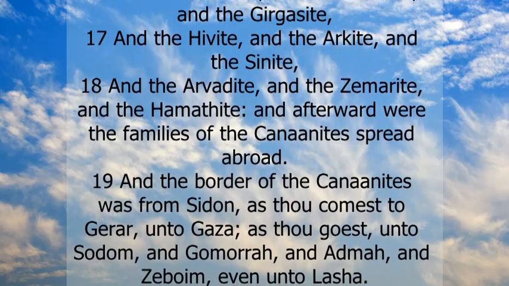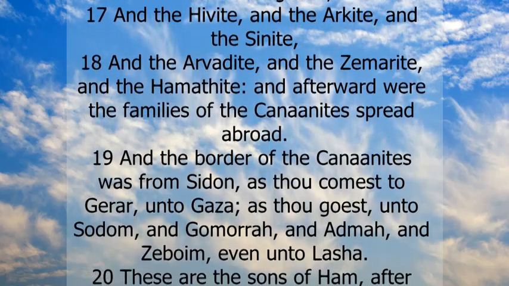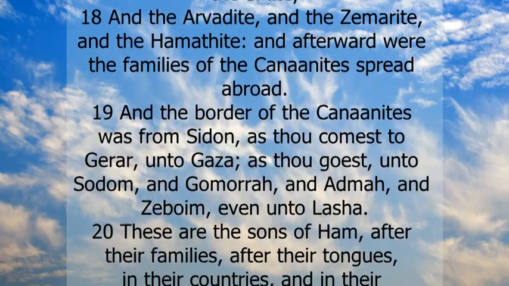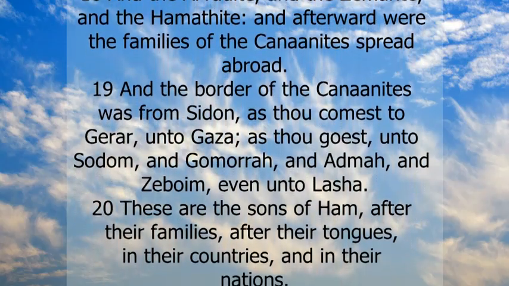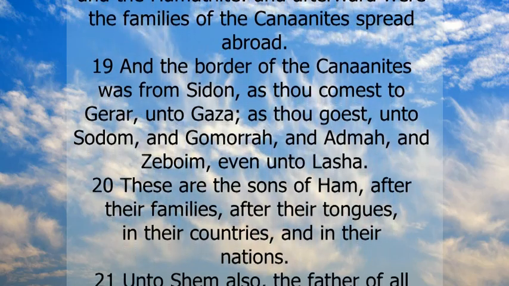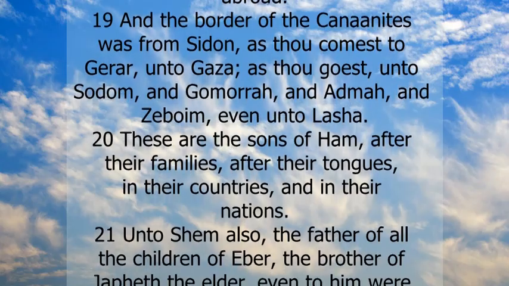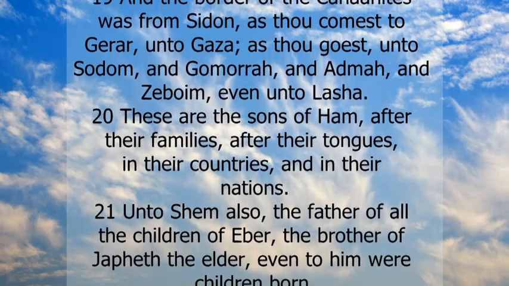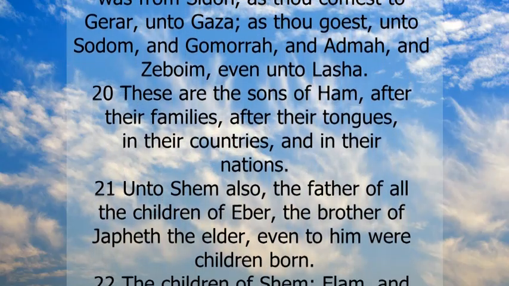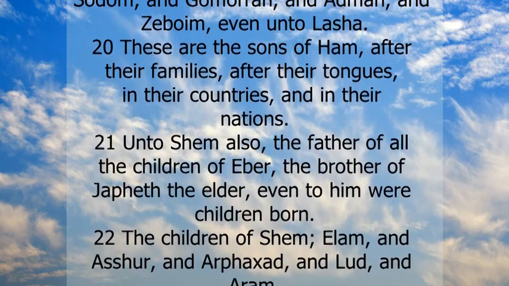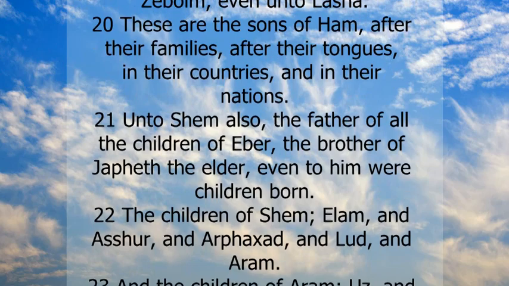And the border of the Canaanites was from Sidon, as thou comest to Gerar, unto Gaza, as thou goest, unto Sodom, and Gomorrah, and Admah, and Zeboim, even unto Lasha. These are the sons of Ham, after their families, after their tongues, in their countries, and in their nations. Unto Shem also, the father of all the children of Eber, the brother of Japheth the elder, even to him